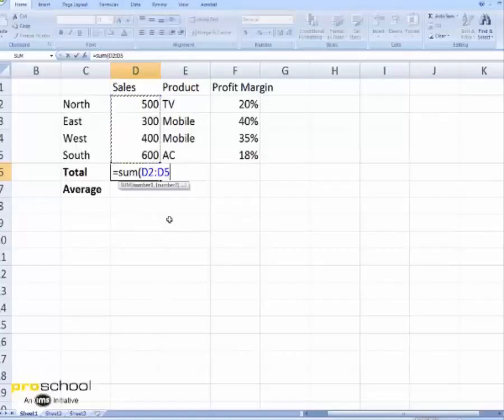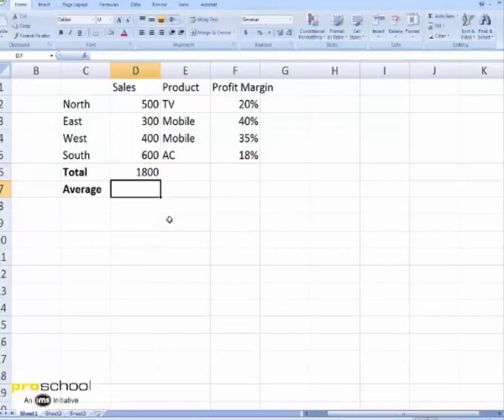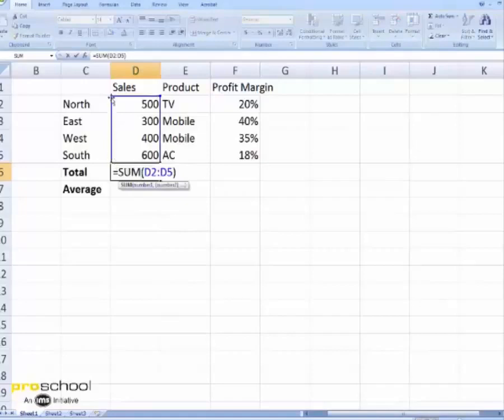To close the function, I put this right round bracket, enter. You get the total sum. If you go back here and you double click, whatever cells are used by that function will be shown.